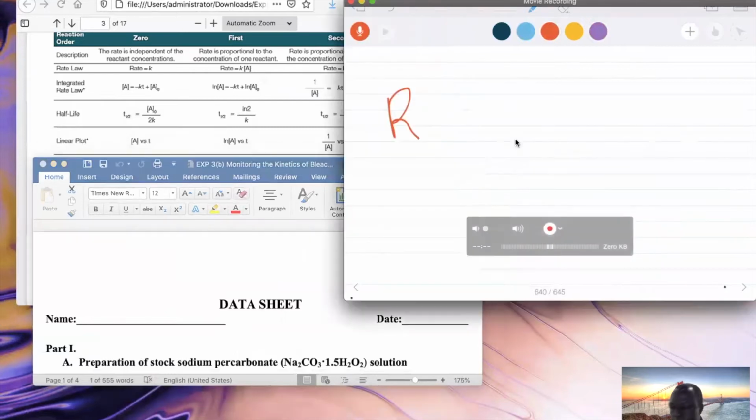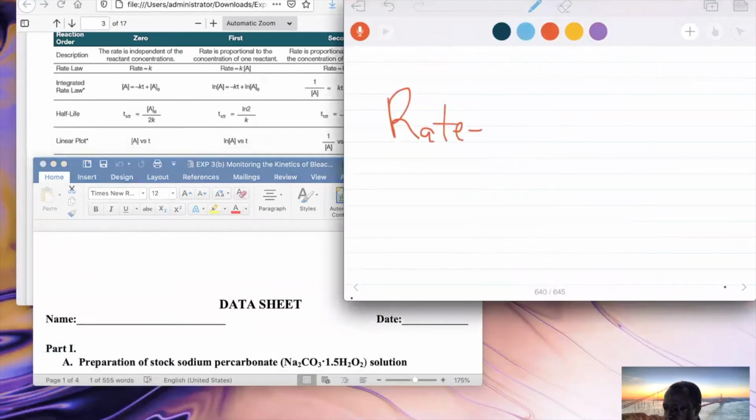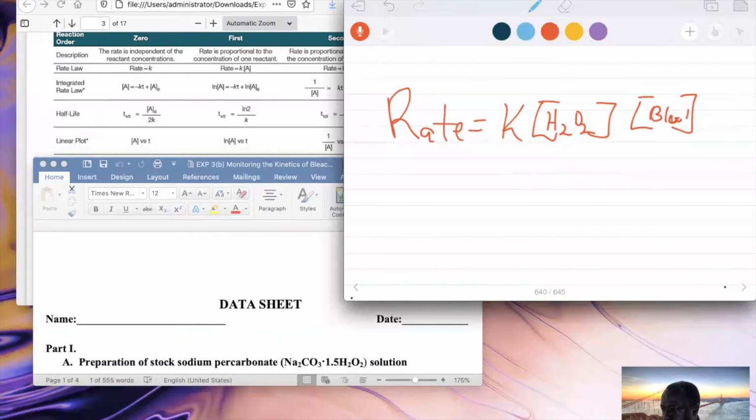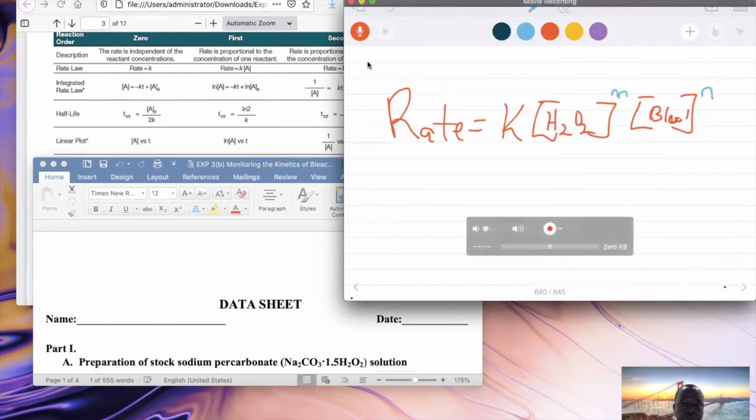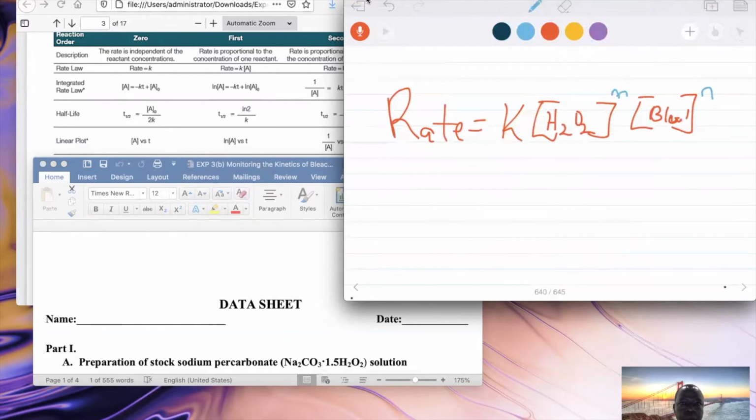The rate here is k times hydrogen peroxide raised to some value, and then blue dye 1. What is the reaction order? M and N. What is the value for M and N? So for blue dye, based on the instruction given, you'll have to determine the